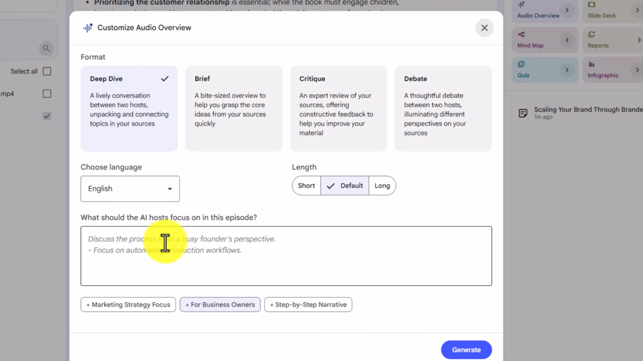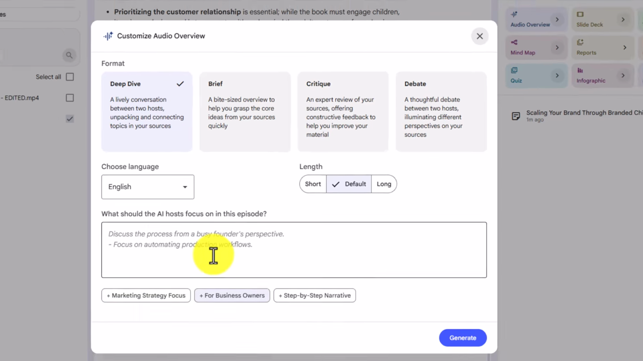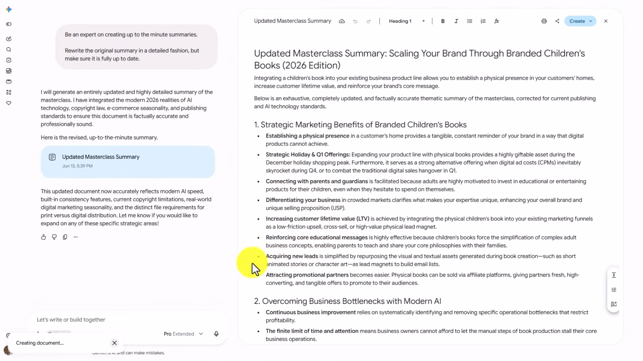Now, what you don't want to do here is just type in a plain language prompt. You want to go back to Gemini, and you want Gemini to help you write a prompt. And you want to be specific about what it is that you want. We're going to go back to Gemini, and what we're now going to do is open up